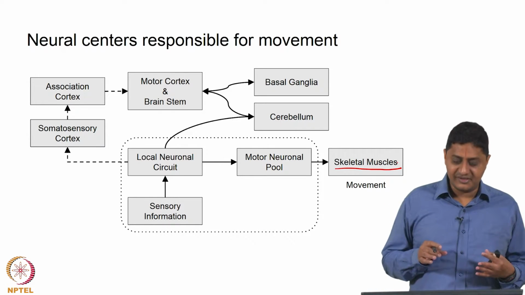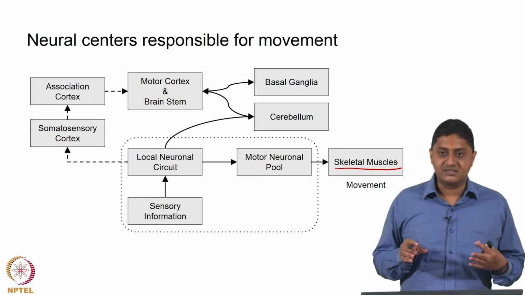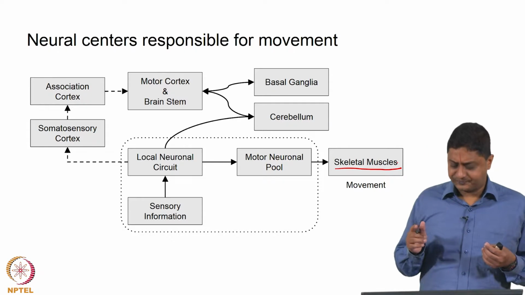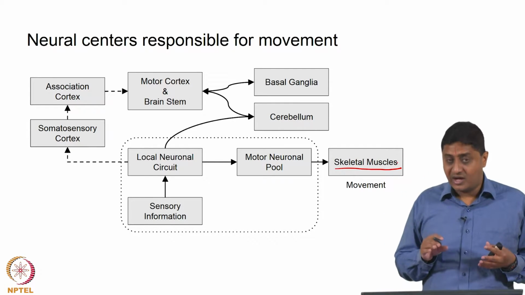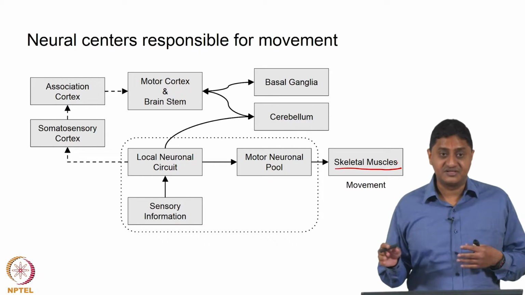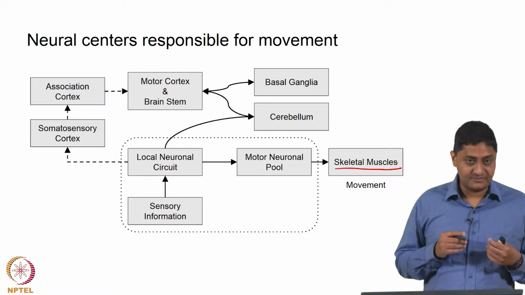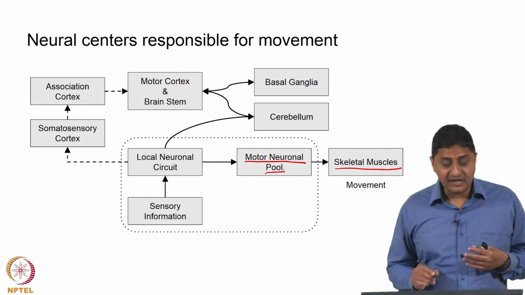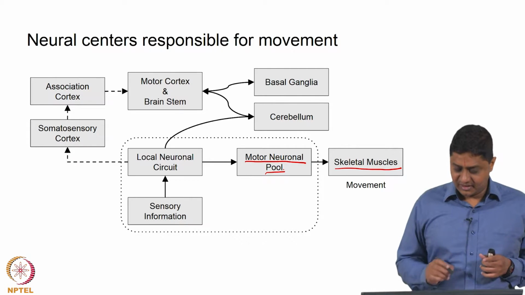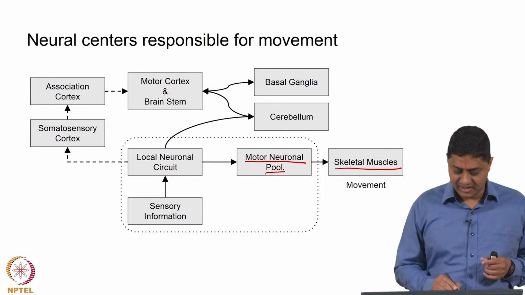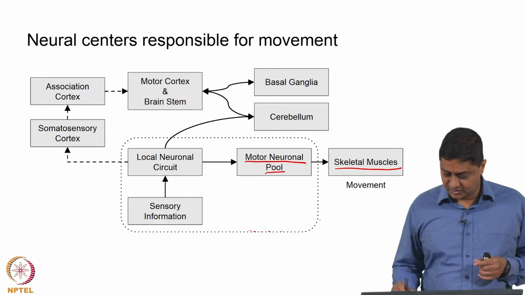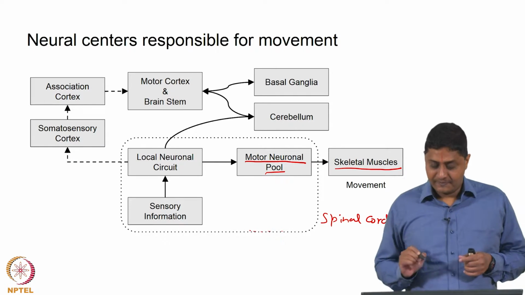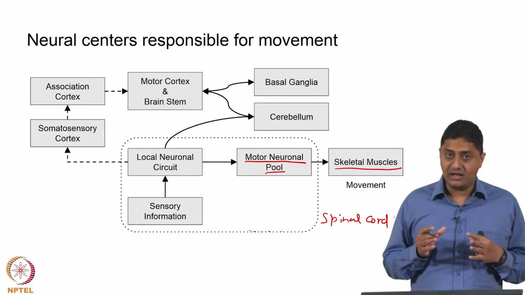But how is the muscle fiber itself getting activated? We said that is done through alpha motor neurons. That is when we discussed the mechanism of how alpha motor neurons communicate with the muscle fibers. We discussed the case of the neuromuscular junction, right. So, these motor neuronal pools, where are they located? Let us remember that they are located in the spinal cord. Actually, this entire dashed box that is shown here represents the spinal cord, right. So, the alpha motor neurons are in the spinal cord,